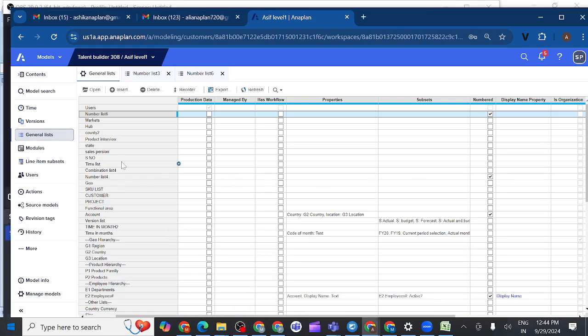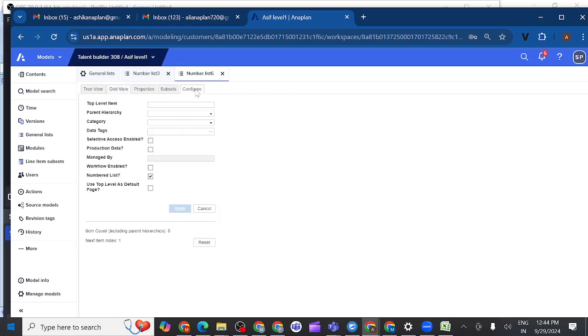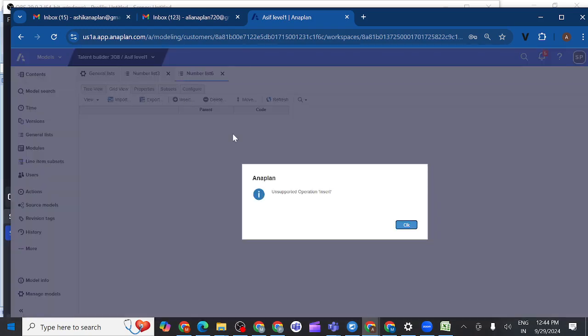So we can see here, if we have a number list, for example, how they are asking the question. This is a number list. Just now I have created it, I don't have any items. You can see I configured it as a number list. Next item index, you can see we don't have any items here. Item index starts from 1. You can see the reset option here. So this is how they are asking the question: if I add 10 items,